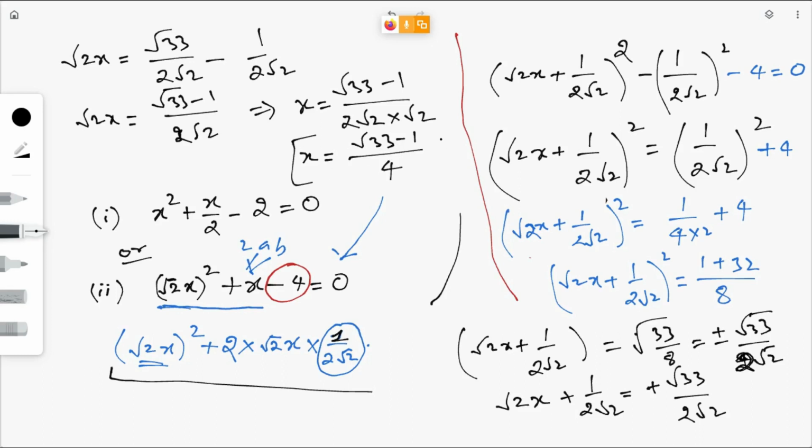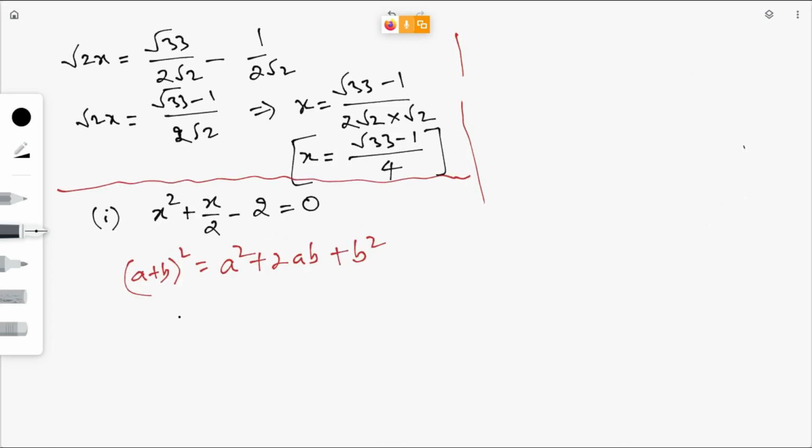This is your x. And you take plus root 33 by 2 root 2, x square and a square as it is. Keep x square as it is. After that, x plus 2 should be written in 2ab form. So we will write 2a here and then x here. What will you write here? So that you will get this x by 2. 1 by 4, right? So if you write 1 by 4 here, if you simplify this one, then you will get x by 2. Okay? Again minus 2. Keep minus 2 as it is.